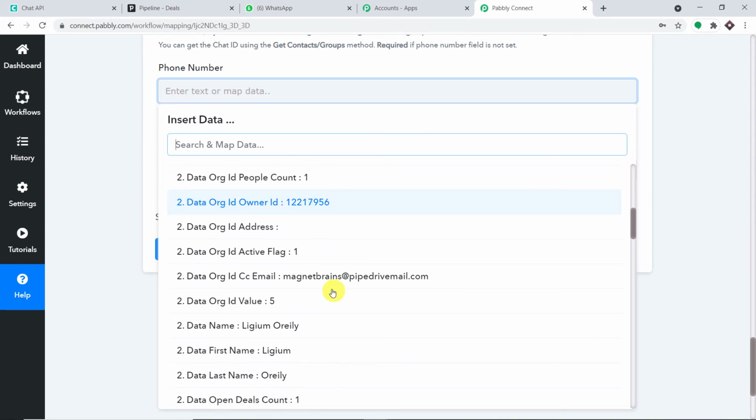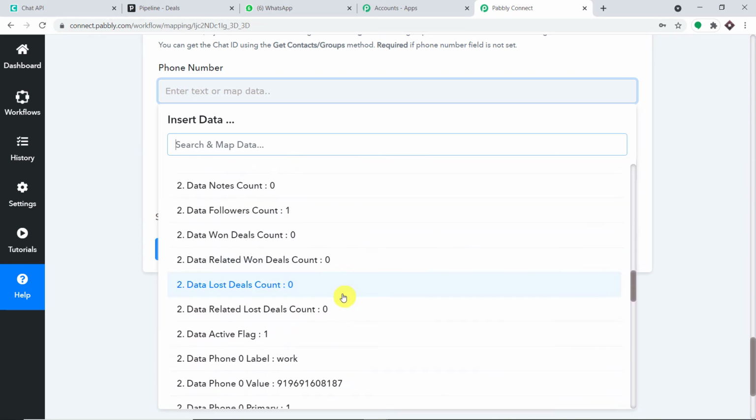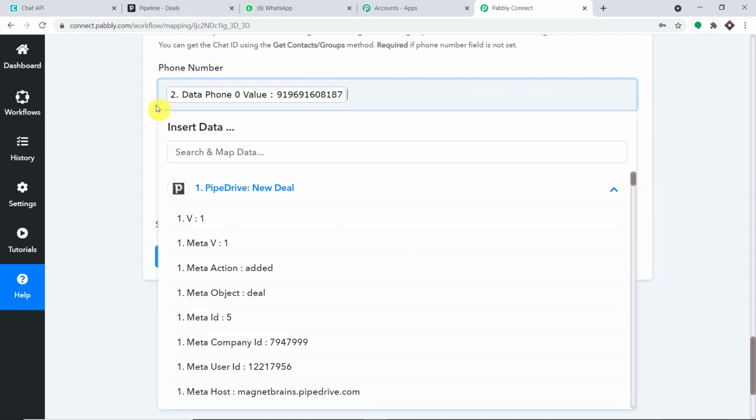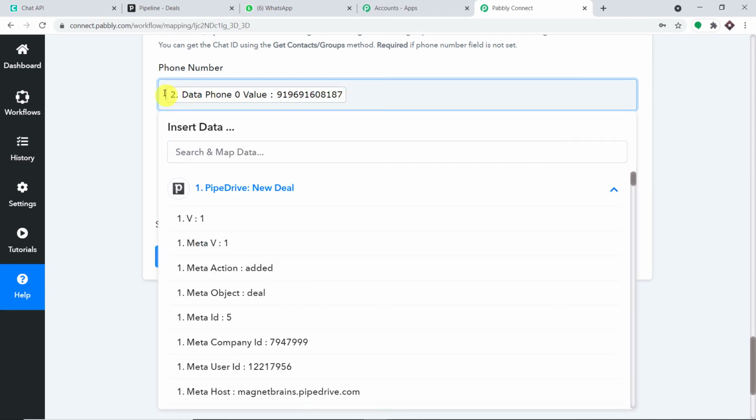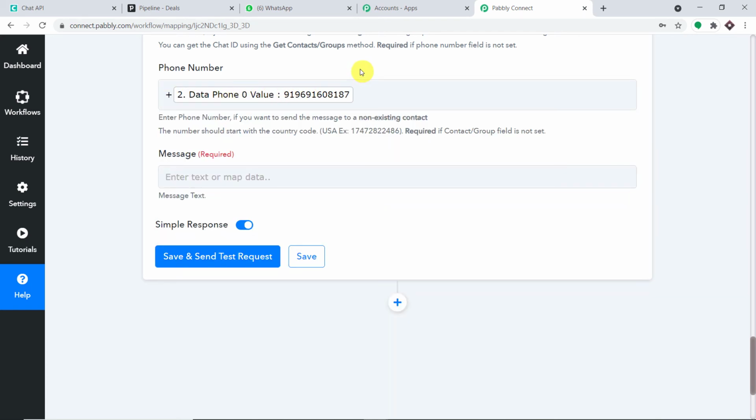And let me just map the phone number. So this is the phone number. Let me just scroll down even more. Yeah, so this is the phone number, but we have to enter the country code. Now I'm from India, and this phone number is also an Indian phone number, and here we use +91 as the country code. So all it is missing is plus. Okay, 91 is already entered. This is the plus sign. Now if you are someone from a different country zone, you just have to figure out how to add your country zone. It is plus and your country code.